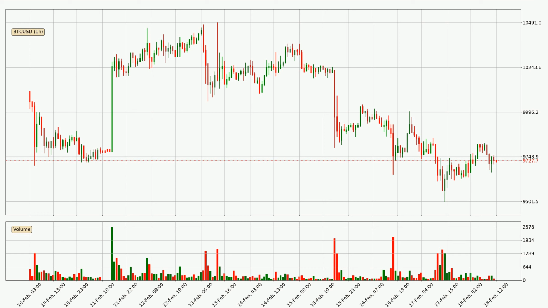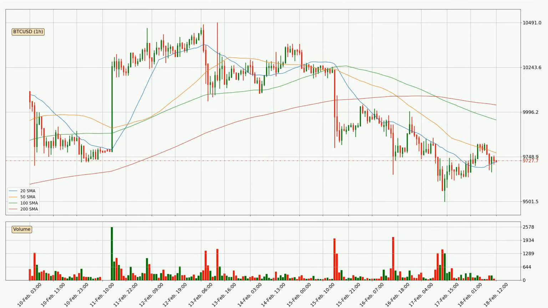description. If we look at the hourly time frame for Bitcoin, the price went up only slightly with around 0.5% in the last 24 hours, with a current price of 9,728. Next, looking at the simple moving average, or short SMA, it is calculated by summing up the close prices